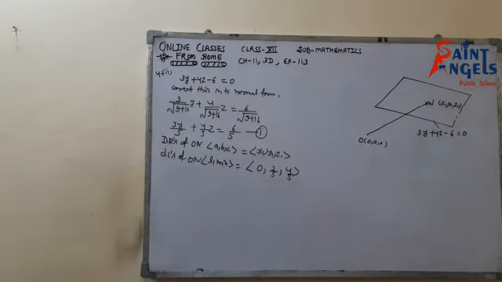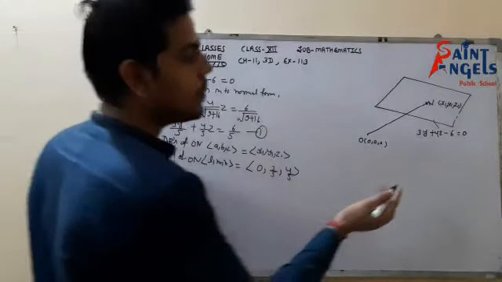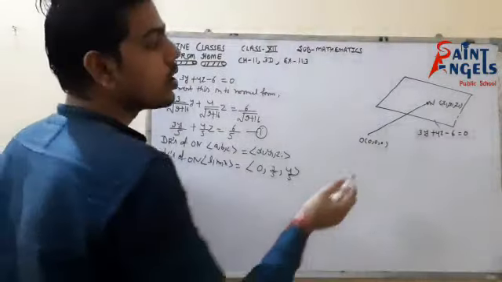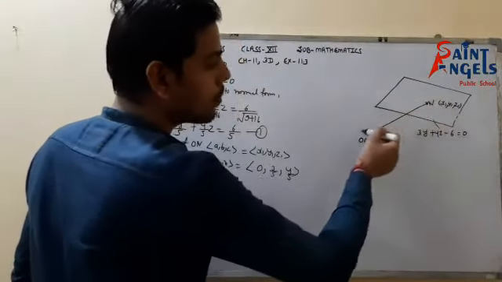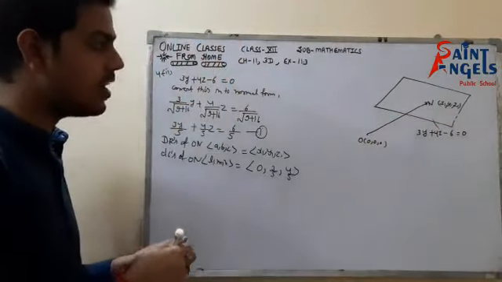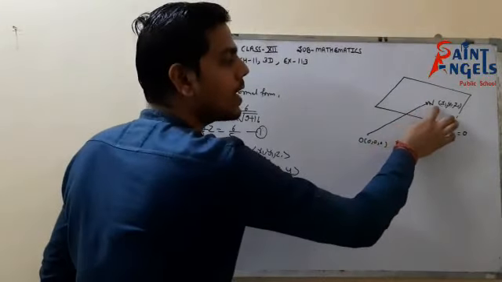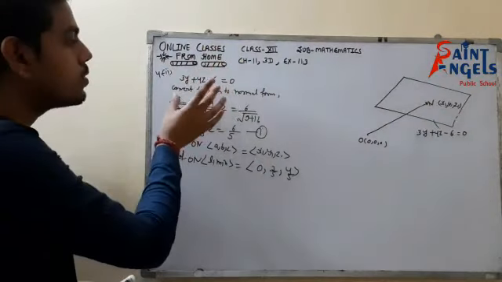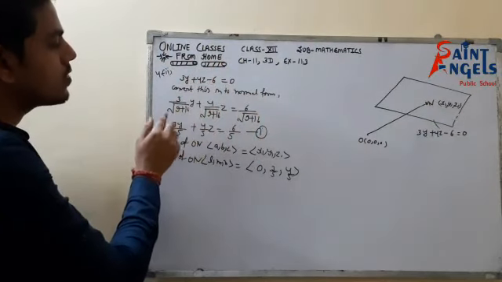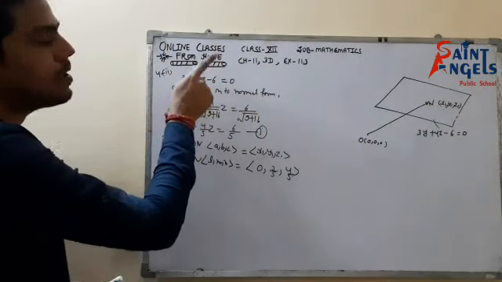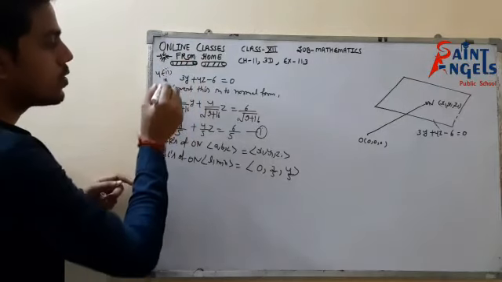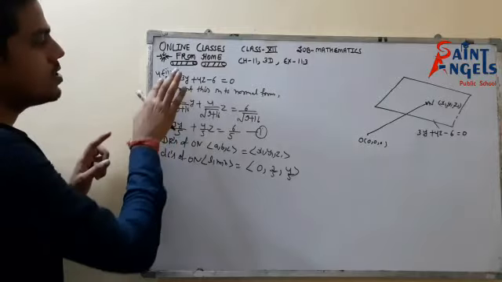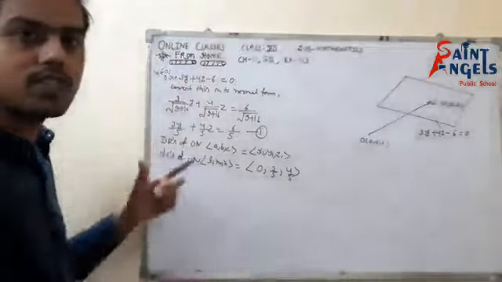Now look at the second part of the fourth question. So the given plane is 3y plus 4z minus 6 equals 0, and we have to find the coordinates of the foot of the perpendicular from the origin. Similar to the first question, we let the coordinates of point N be x1, y1, z1. First of all, we convert the equation of plane into the normal form by dividing each term by under root a square plus b square plus c square. Here there is no coefficient of x, so I can write it like 0 into x. We just imagine that 0 into x plus 3y plus 4z minus 6 equals 0 is the equation of plane.